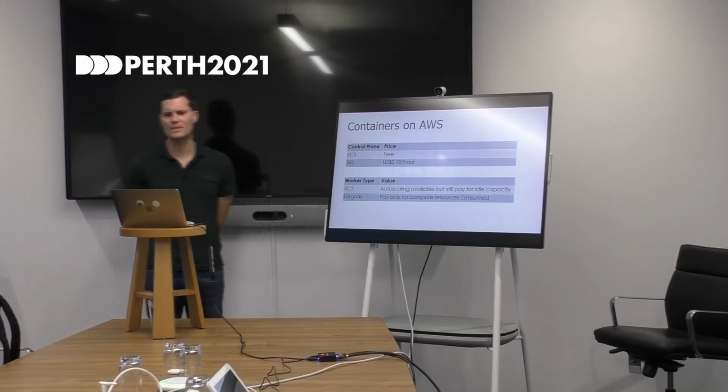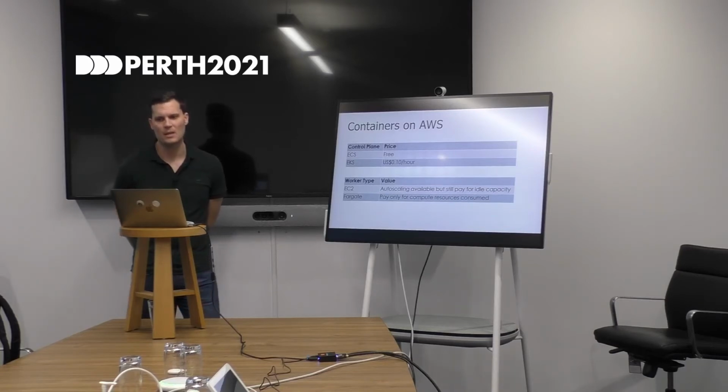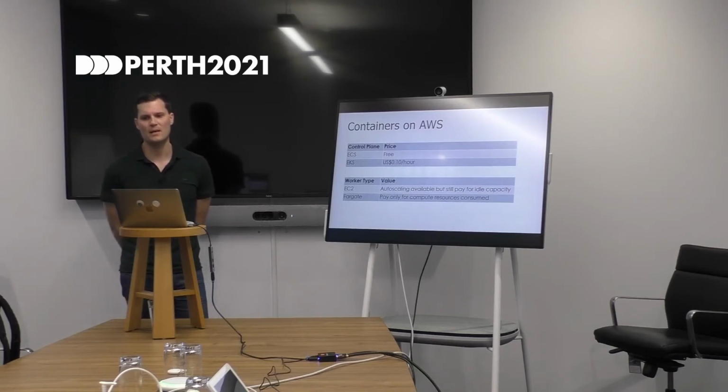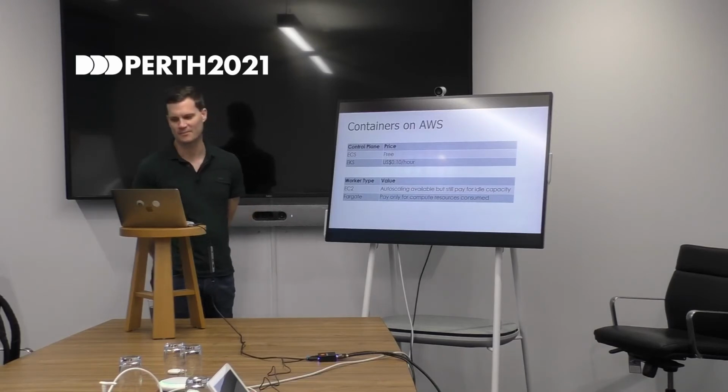The second option is EKS, or Elastic Kubernetes Service. On top of the cost of your workloads, you will also pay for the control plane, which is US 10 cents per hour. And this works out at about $100 if you leave it deployed for an entire month. So if you try my demo, please make sure that you first set a billing alert so that you don't get a nasty surprise with your AWS bill.